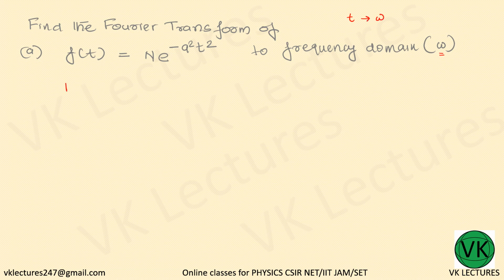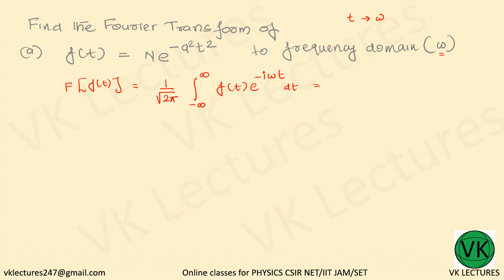So the Fourier transform of f of t will be equal to 1 divided by the constant root of 2 pi, times the integral, with limits from minus infinity to plus infinity, of f of t times e to the power minus i omega t dt. Now that's equal to,